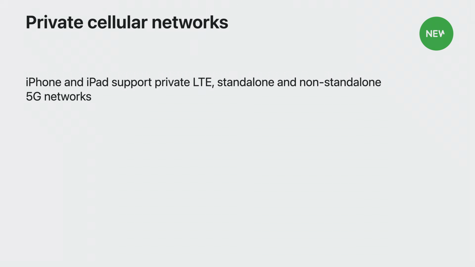Now we shift gears and are going to look at another key element of many iPhone and iPad deployments: cellular connectivity. We know that many organizations are looking forward to leverage the great new capabilities that private 5G and LTE networks have to offer. Common use cases include providing network connectivity in large areas where Wi-Fi may not be available or feasible. Since last year, iPad devices have supported private LTE and non-standalone 5G networks with the ability to install eSIMs through device management. We're adding the same features to 5G-capable iPhone models and on both platforms, the ability to connect to private standalone 5G networks.